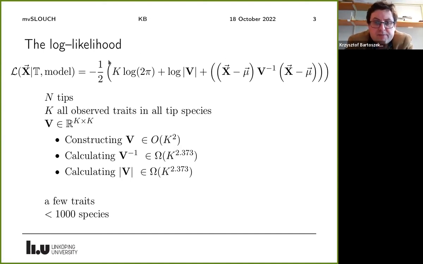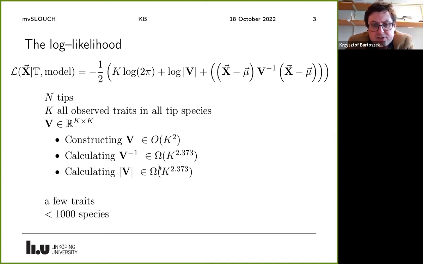Right? So we can, of course, write out the likelihood, but then we run into computational bottlenecks: constructing V is done in K-squared time, where K is all the observed traits in all tip species. So we have n tips. Each species can be described by a vector of traits, which could be of the same dimension for each species, but some species could have some traits missing, non-observed, or non-existent. So in principle, we can have different dimensions for each species. So we have a K by K covariance matrix that takes at least K squared time to construct,